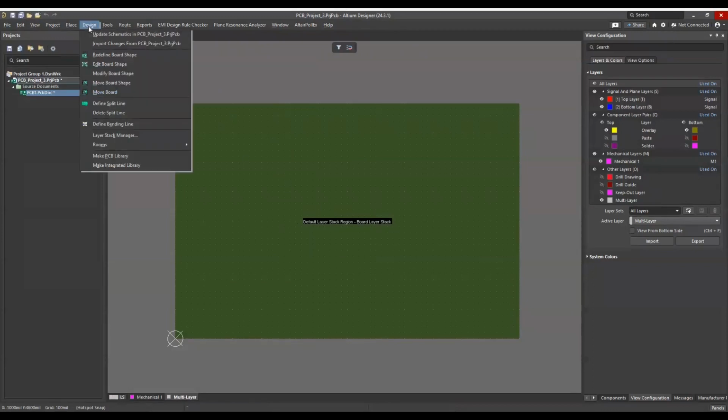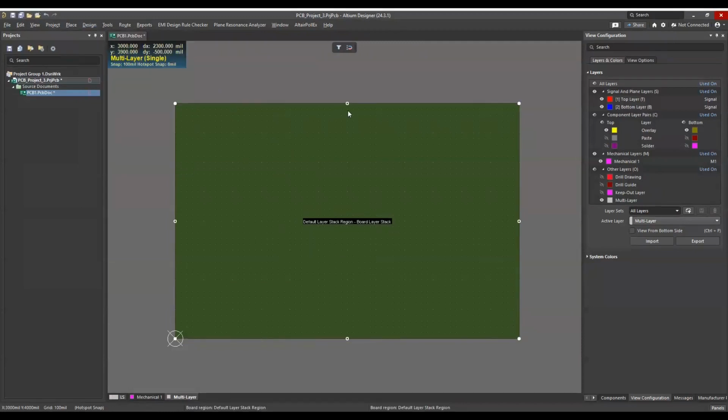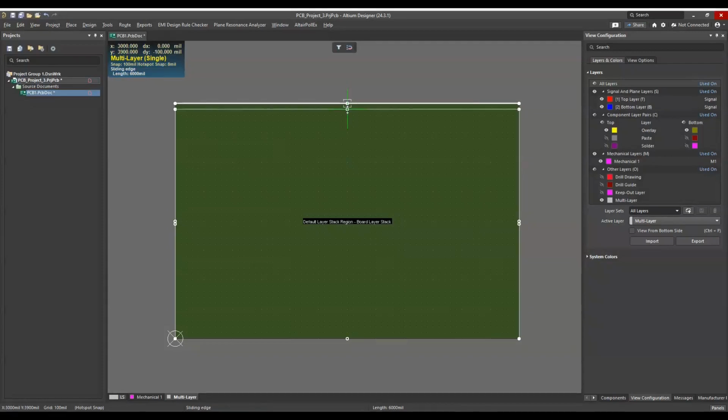So we can go to Design, Edit Board Shape. Then you will get these white small squares, and then you can adjust the edge of the board. So I'm going to pull down the board. Take note of the bottom left hand corner, the value of the Y. So this is 1 step. It goes from 4000 to 3900. So I'm going to move it quickly downwards until I get